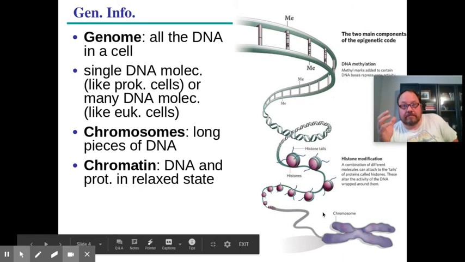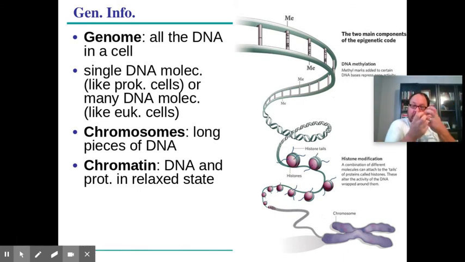Now, when DNA is all tightly coiled up and packaged up into little threads, we refer to those as chromosomes. The prefix mitos means thread. So when we talk about mitosis, you're talking about the DNA all coiled up into chromosomes. So under the microscope, it looks like little threads in the nucleus.